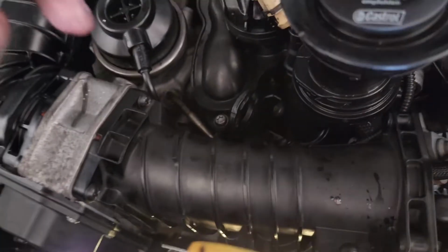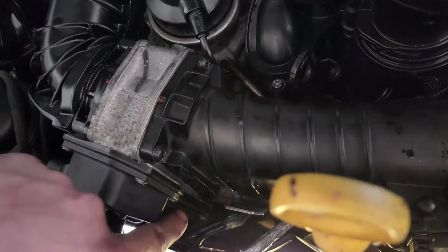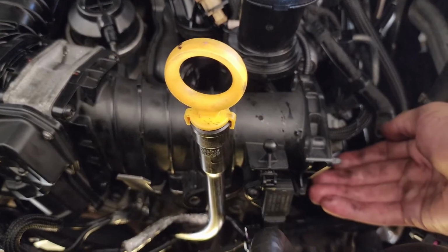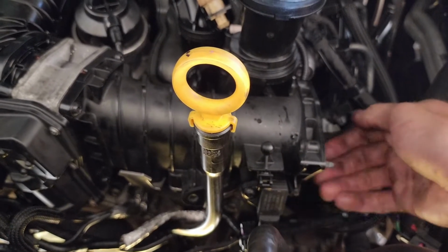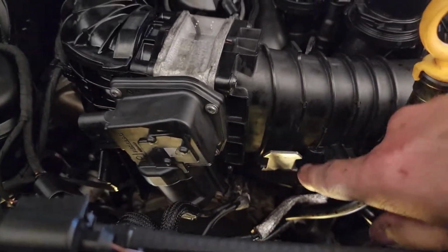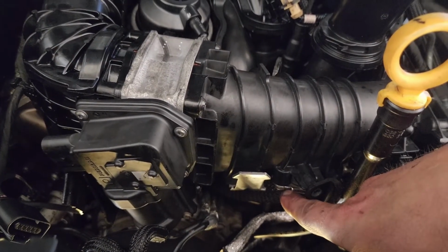Next part is removing the 4 bolts from here. There's 2 at the top, 1 down here, 1 on the other side. For the 2 at the bottom, I had to go from this side with a socket and an extension just so I could reach it. But we're only going to loosen them, because underneath here we've got to get the 2 bolts out from the EGR that goes into the...